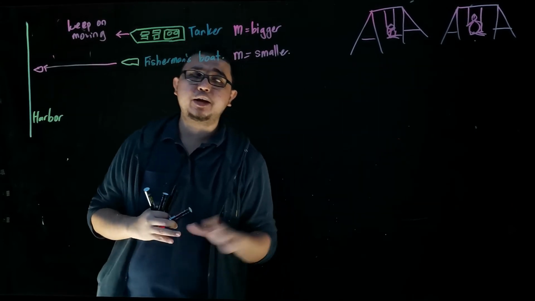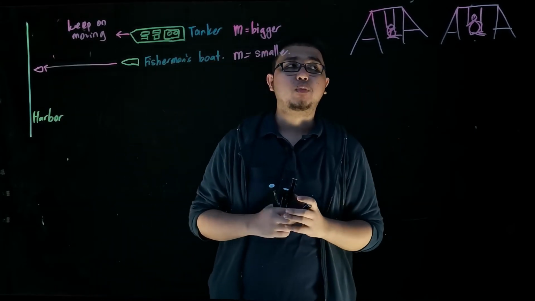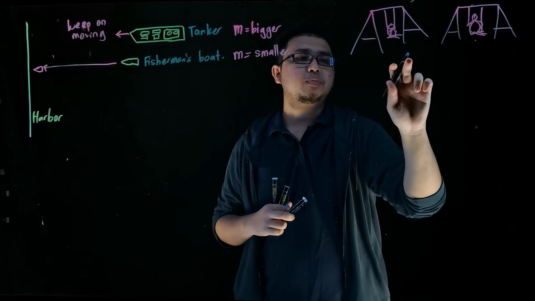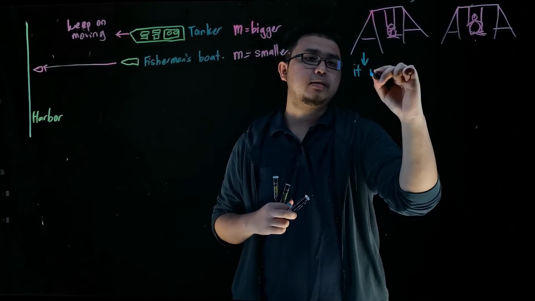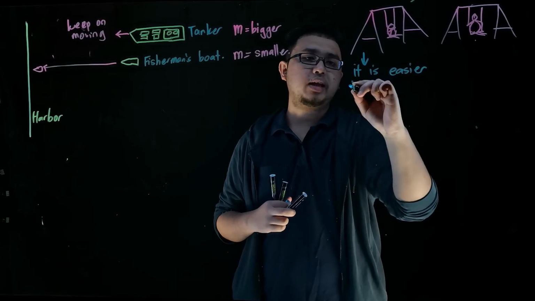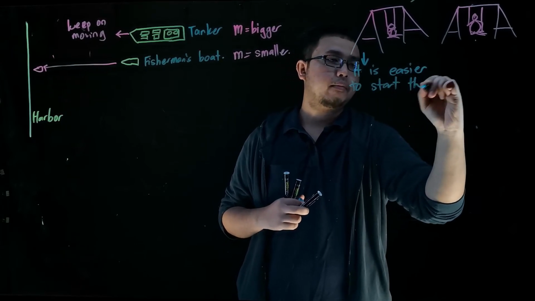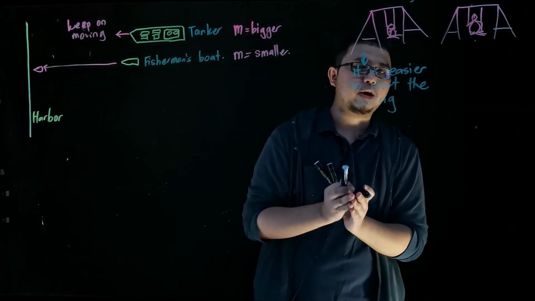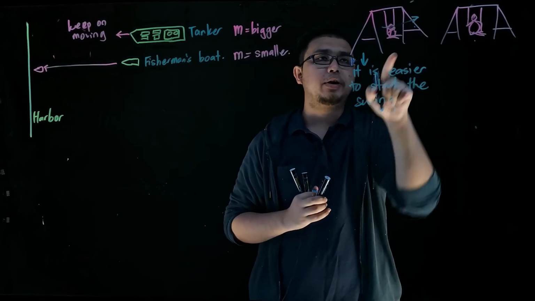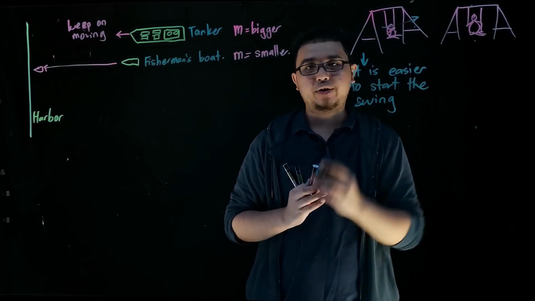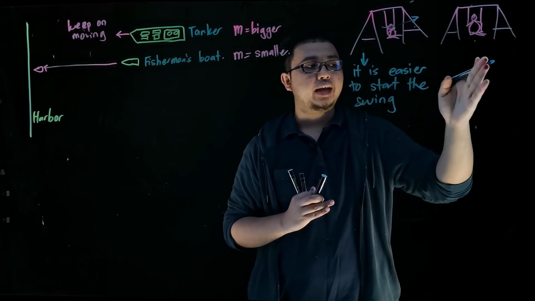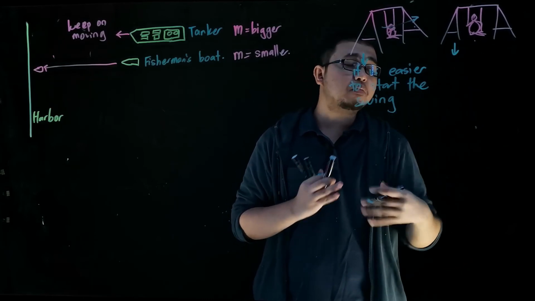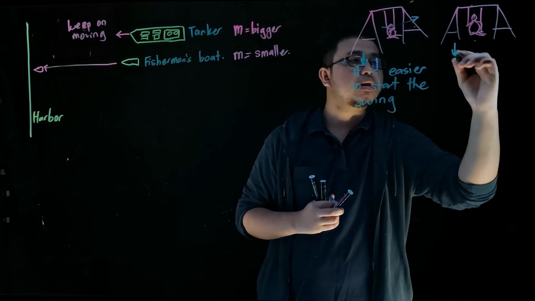When we look on the other side, we have two kids. One has a small mass, the other has a bigger mass. Here what happened is, for the smaller mass, it is easier to start the swing. Because this kid has a much smaller mass, the effect of inertia on the kid is much smaller, easier for him to start moving. On the other side, his friend having a much larger mass will experience some trouble to start to swing himself,